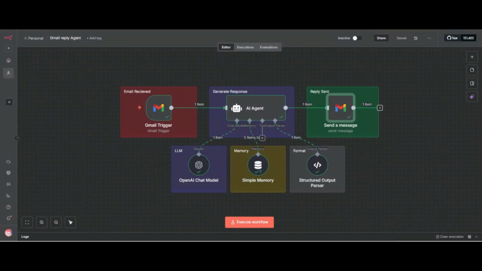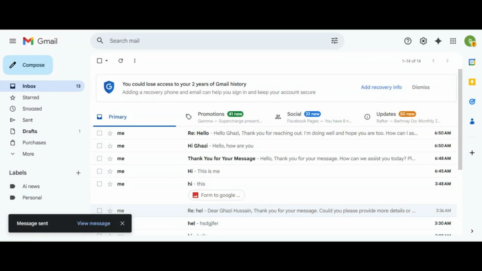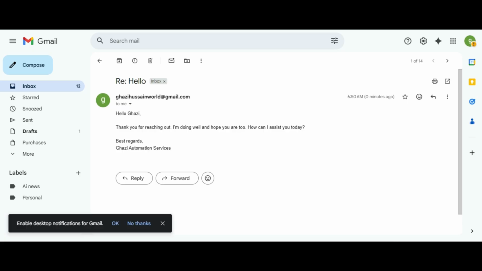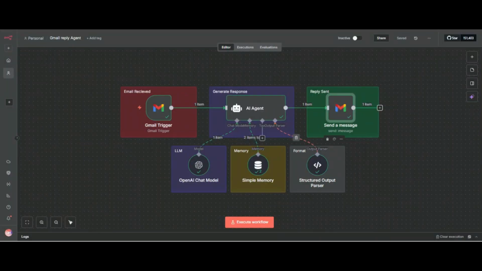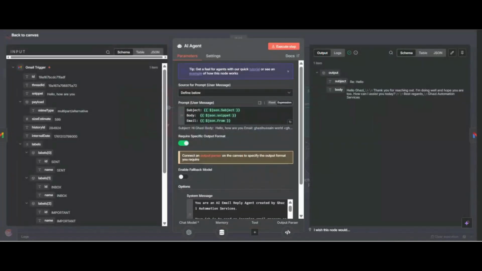Now I check it, and yes, you can see: "Hello, thank you for reaching out, I am doing well and hope you are too." Now you can see I am using a structured output parser, which helps me generate the response like this.